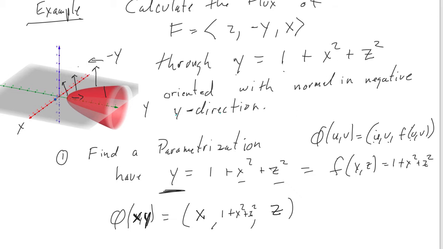Oh, I did not give you, and I always keep forgetting this, I did not give you the restrictions up here, because I'm looking at where I got these numbers from, and I can't figure it out. That's because we're looking at through this surface only for y between 1 and 5. Okay, so if you look at this,